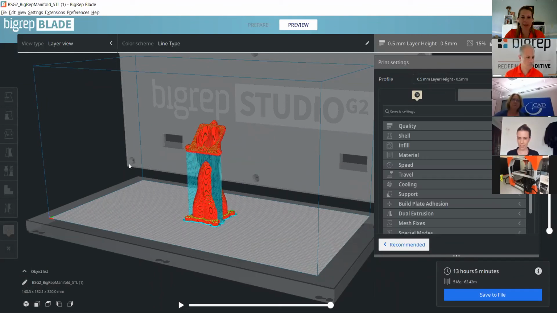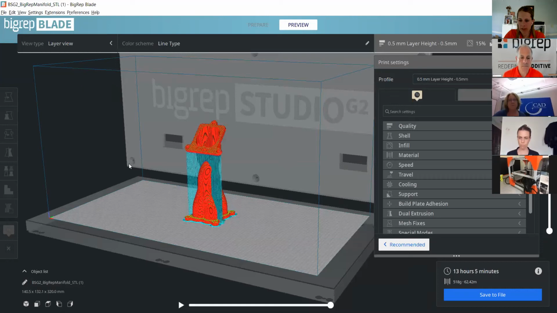Do you have to use Blade? You only have to use Blade for the Pro machine due to the MXT extrusion technology. For the Studio G1, G2, or the One machine, you are allowed to use third-party software. Blade is free though, and we do suggest or recommend that you use it as it's the one that we've sort of optimized the most. But we do still offer factory files for Simplify 3D if that's something you're more comfortable with, or any other program. We're happy to work with you to make anything work.